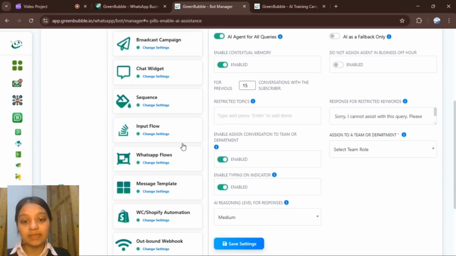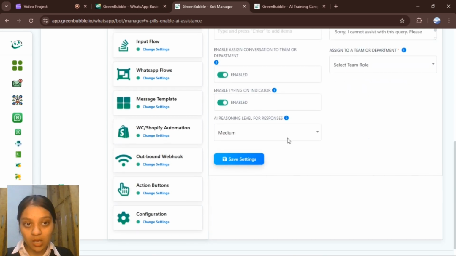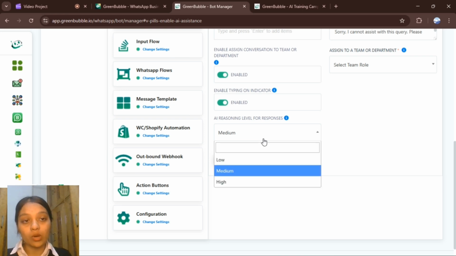You can also enable assign conversation to team or department, and enable typing indicator. Whenever a user sends a message, you can see that the user gets a typing indicator on WhatsApp, which we get when a normal human being is typing. So we can simply save the settings and your AI bot will be set up.